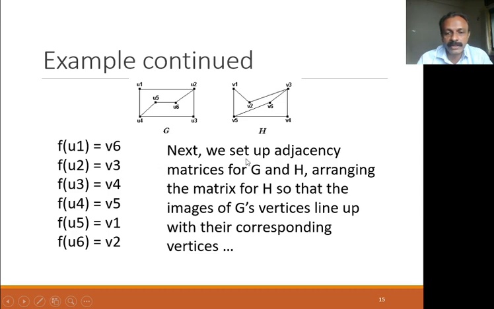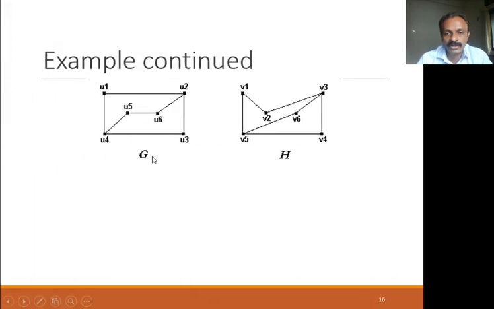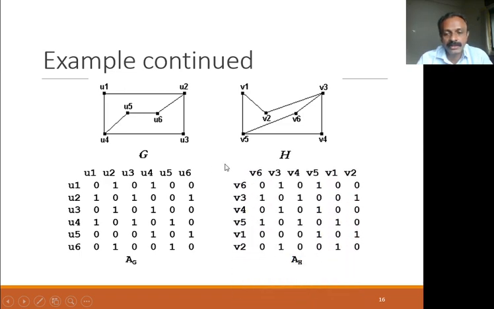Next we set up the adjacency matrices for graph Z and for graph H, arranging the matrix for H so that the images of Z vertices line up with their corresponding vertices. So we again consider the same graphs. Suppose this is the adjacency matrix of graph Z and this is the adjacency matrix of graph H, and we observe that both matrices are